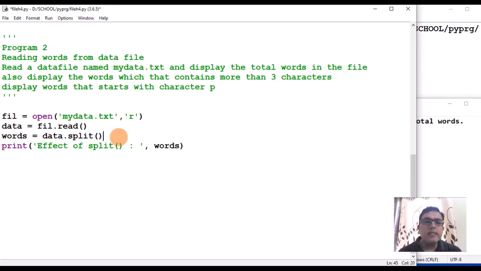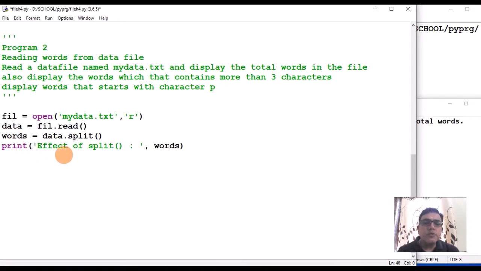Then there is a powerful method named split. What split is doing is splitting the contents of string data on spaces. As I told you, between two spaces whatever it finds will be treated as one word, that is treated as a string, and it is saved in a list named words.